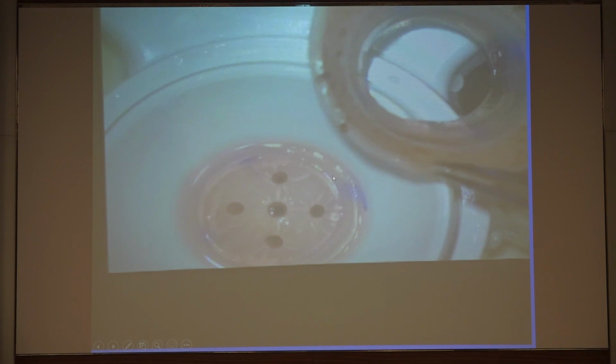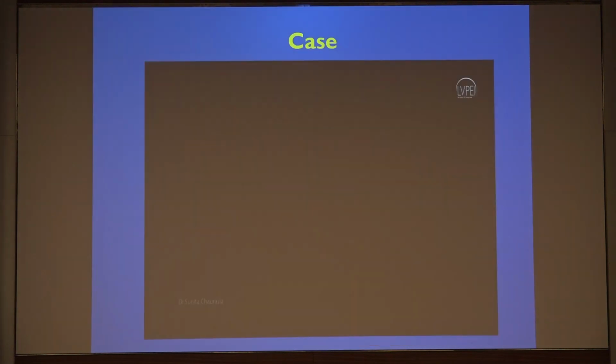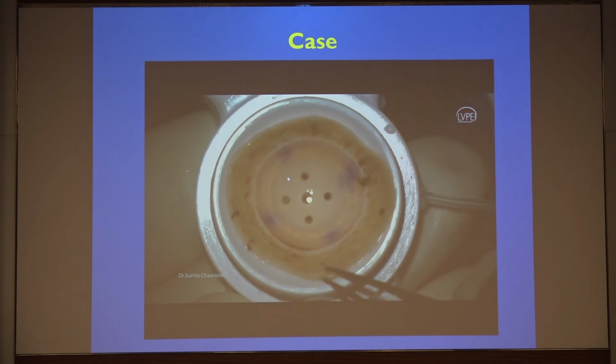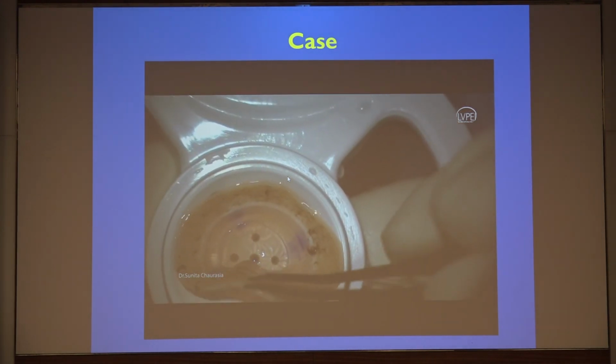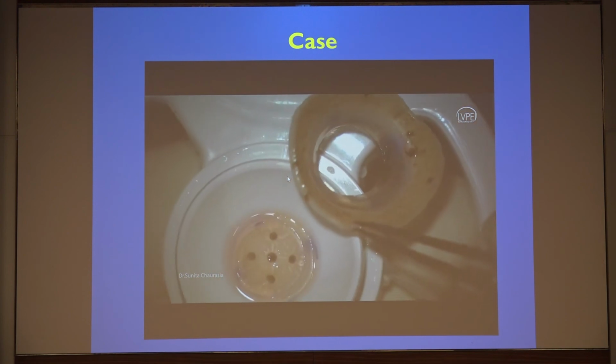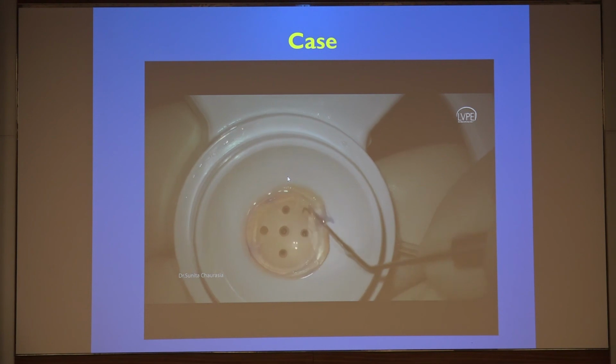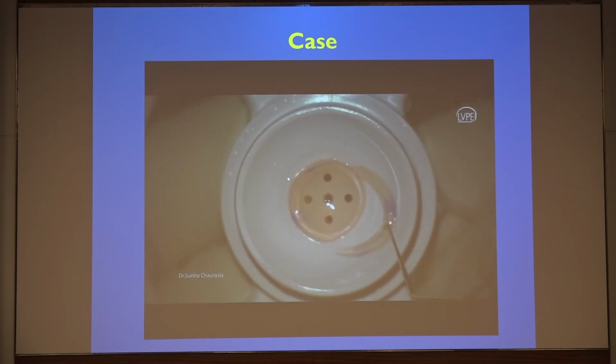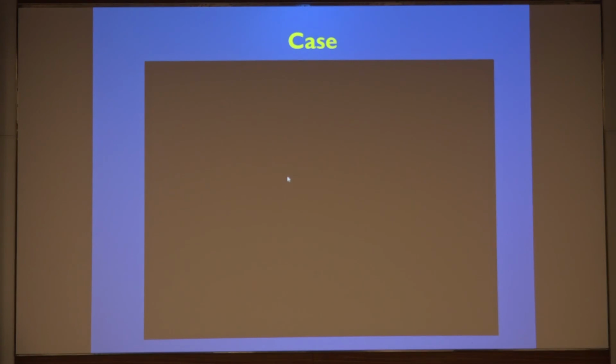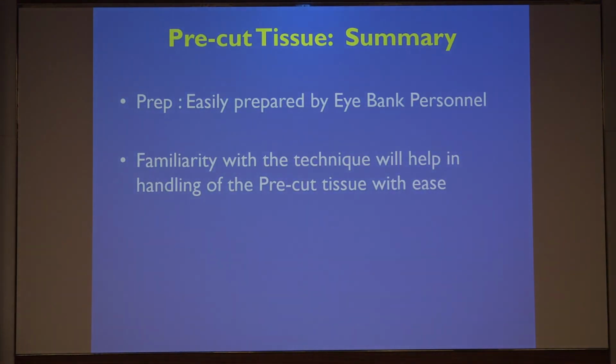Understanding how the trephine has gone into the pre-cut tissue is important to recognize this. One more video just to show, like certain times, even if you center it, there could be some concentric stromal tissue, which is from the anterior lamellar bed. Now here also you see the ring, what we saw in the previous picture was complete. Here it is only partial. So when you release it, it comes out as a concentric shaped stromal tissue. So in summary, I'll say pre-cut tissue is very easy to learn and can be easily handled by the eye-bank personnel. But familiarity with using the pre-cut tissue will help in better handling and avoid tissue wastage at the time of surgery. Thank you.